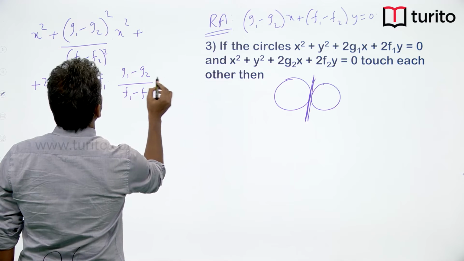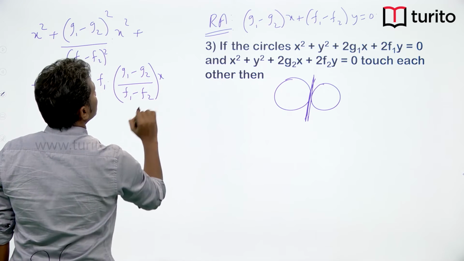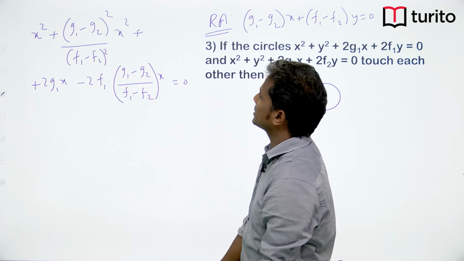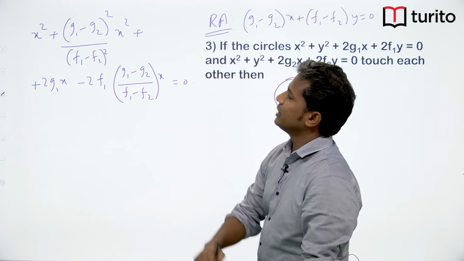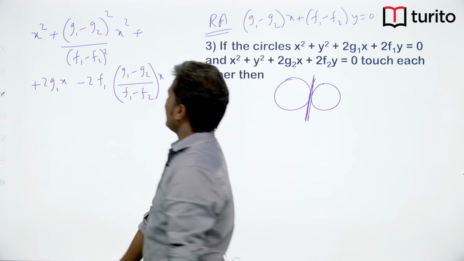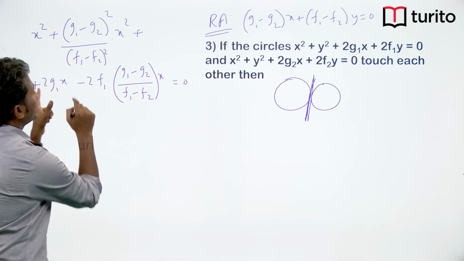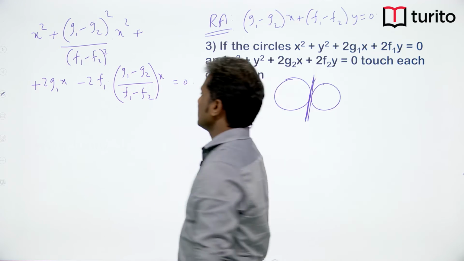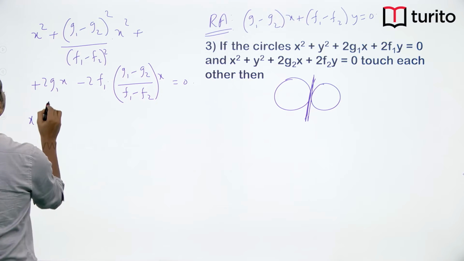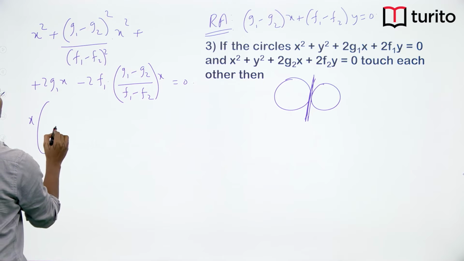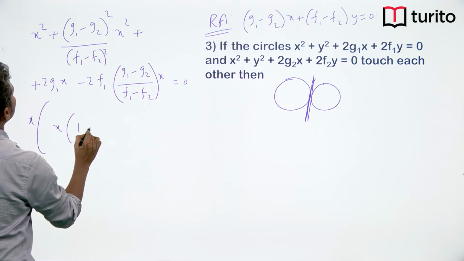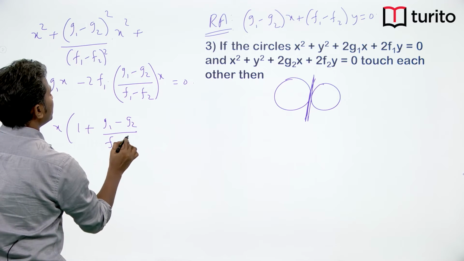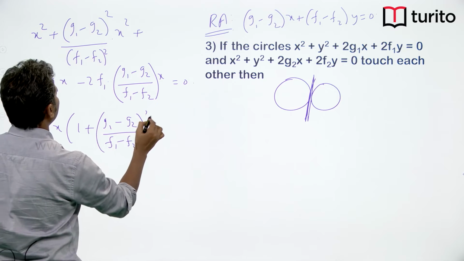So, this must be into x equal to 0. Now, for this equation we must get only one unique solution. Okay. So, that means I already see that there is one factor which is x, which is coming common. Suppose if I take x common from here, I will get x into 1 plus (G1 minus G2 by F1 minus F2) whole square